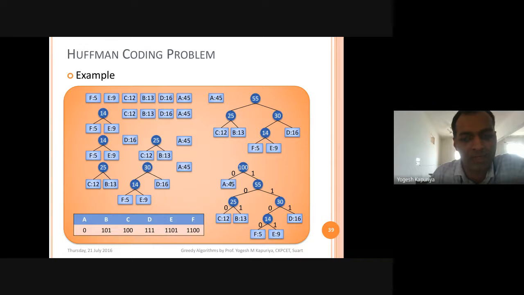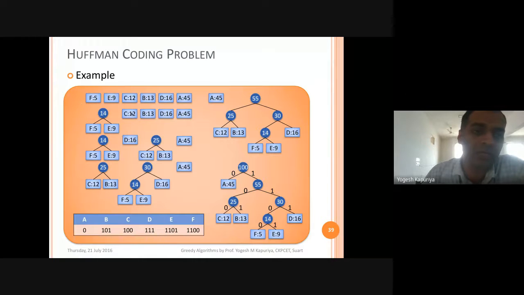Now you just have to check out the leaf nodes. Okay, remember, leaf nodes are those nodes which do not have any children. So here in this tree, these are my leaf nodes. And obviously these nodes will be the original nodes from which we have actually created this tree.